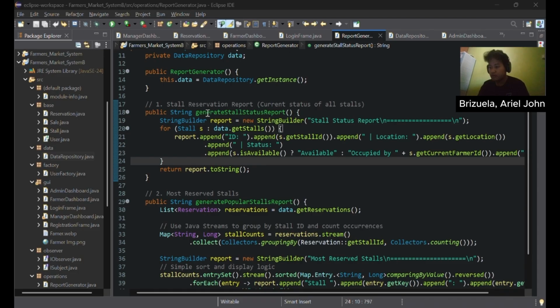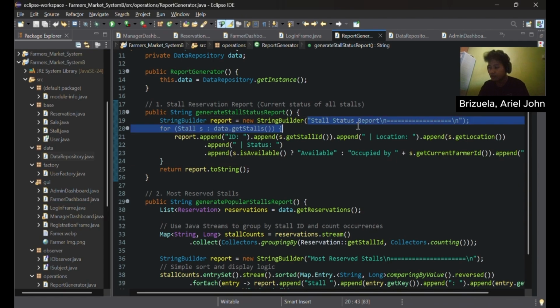In this method, generateStallStatusReport, stall reservation report, current status of all stalls. It creates a StringBuilder called report and starts with the title called stalls status report. It loops through all of the stalls using data.getStalls, and for each stall, it adds a new line in the report containing the stall ID, location, and the status.